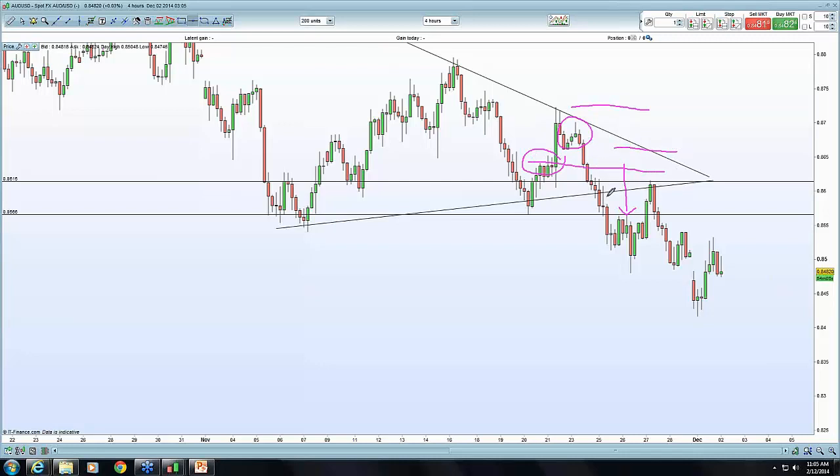Because if it goes down all the way here, and you take a short here and it bounces all the way up here, back to above this resistance level, then most probably you're wrong. So a stop loss will be either here or here. It depends on risk reward. Okay, but this is one possible place that you could have taken a trade, a short here. Fair enough,